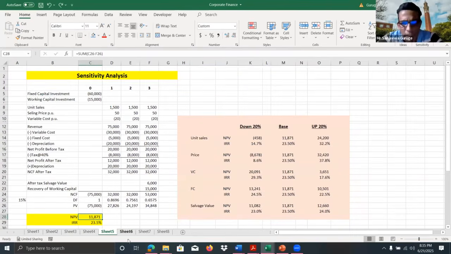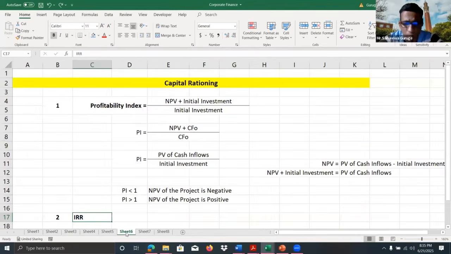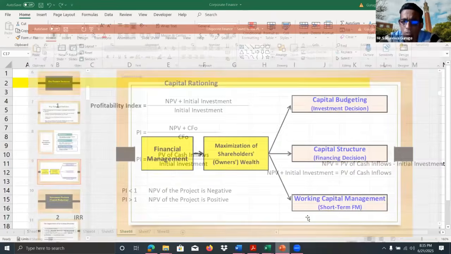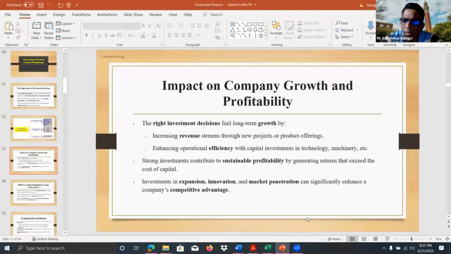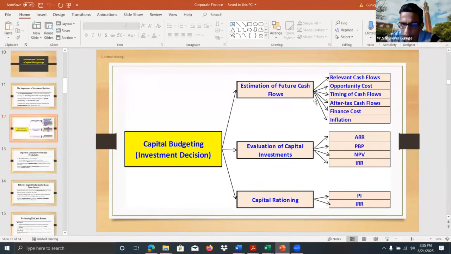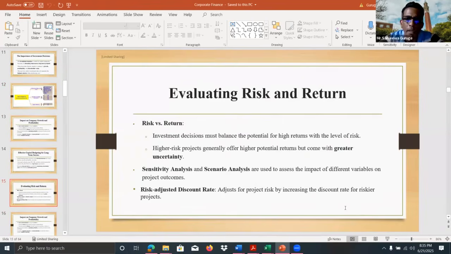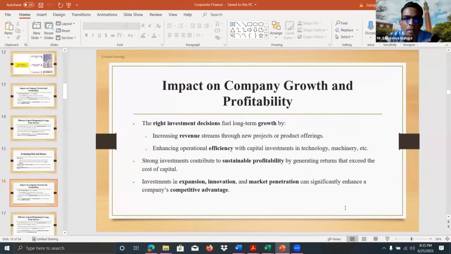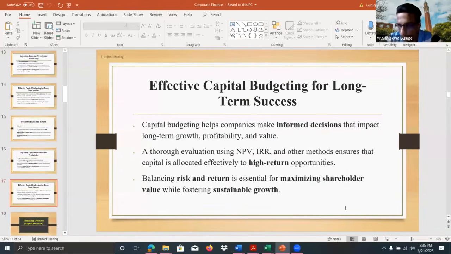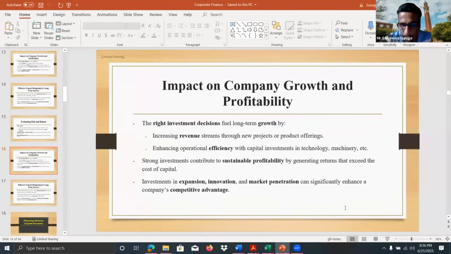So this investment decision should be taken with detailed evaluation. There are many stages. When we estimate the cash flows, there are a number of principles that should be followed, and then using these techniques we can evaluate. When there is a capital rationing situation, it is necessary to rank, and after that, it is necessary to further identify the risk of the project, and we can use techniques like sensitivity analysis and scenario analysis.